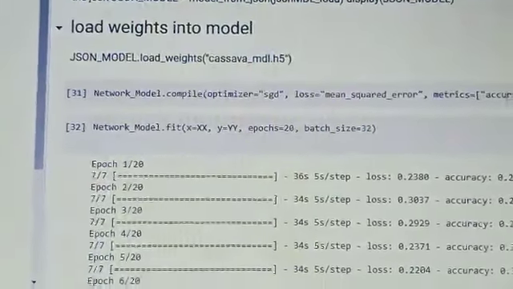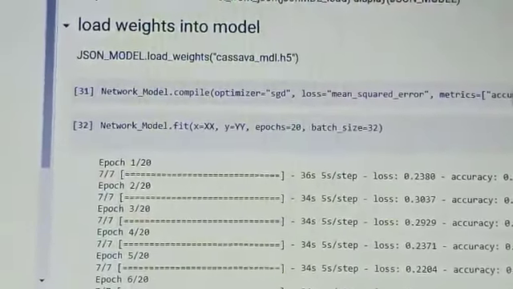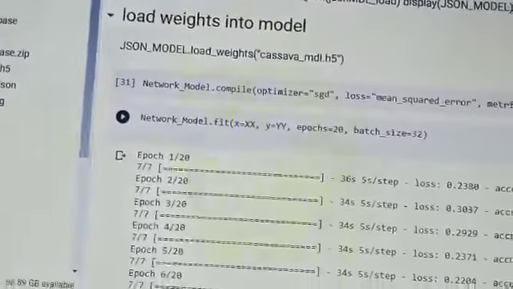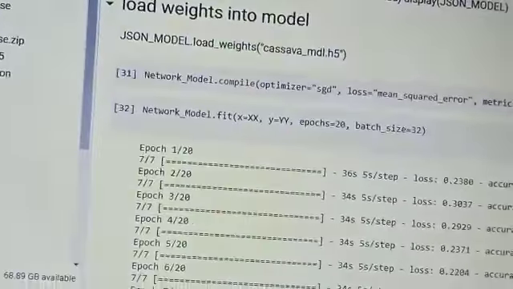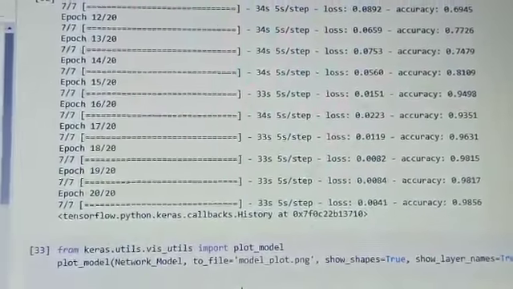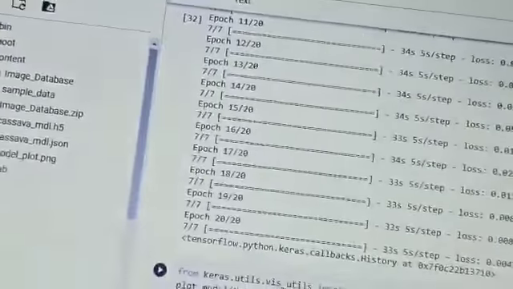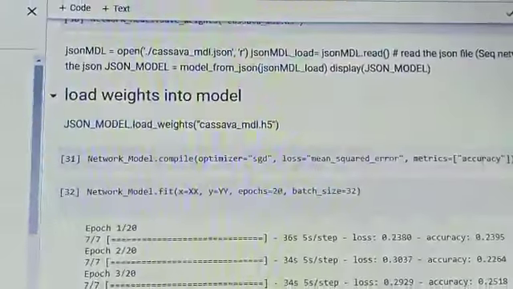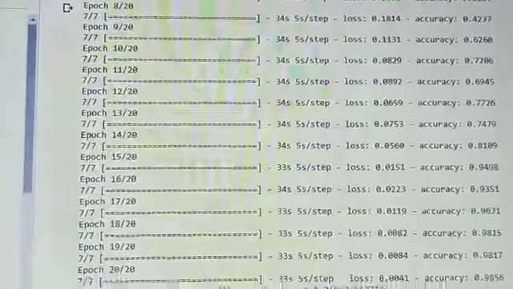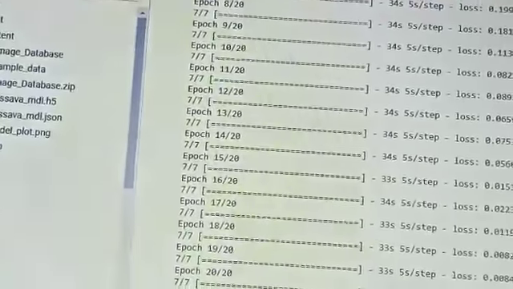Here we are giving epochs as 20, batch size equal to 32 fixed. If we give epochs of 20, we will get an accuracy of 0.9, that is 90%. We can change the epochs, we will get more accuracy. If we give 25 epochs, we will get 100% accuracy.